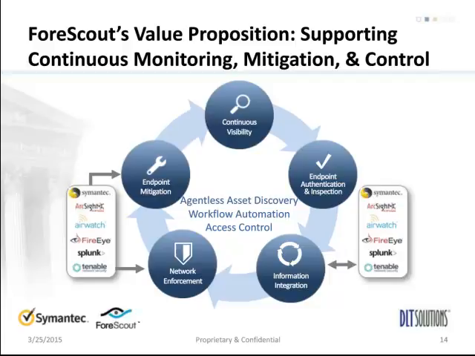From there, going on to the next ball, we have several vendors that we integrate with out of the box, including Symantec, ArcSight, FireEye, and Tenable. ForeScout actually has over 66 out-of-the-box third-party vendor integrations. Many of them are bi-directional, and we also have hundreds more possible with our open integration module. What we're able to do then is not only take information to improve our situational awareness, but, as we were saying previously, feed that asset intelligence, system intelligence, and behavioral intelligence back to those systems.